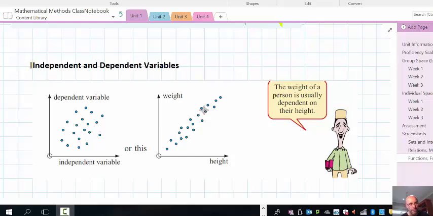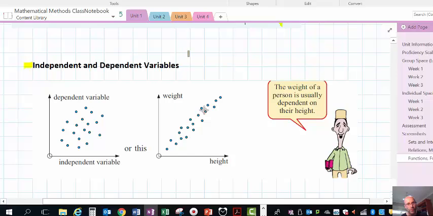This video may be something you've seen before. If not, it's important either way, whether it's new or something we need to review. The idea of independent and dependent variables is an important one in the area of both functions and statistics in mathematics. Also, you might have heard these